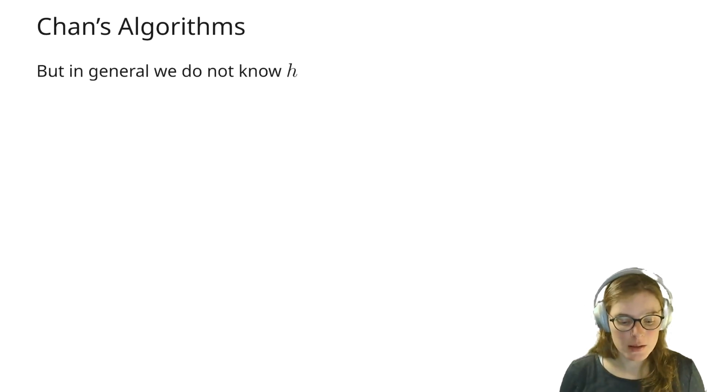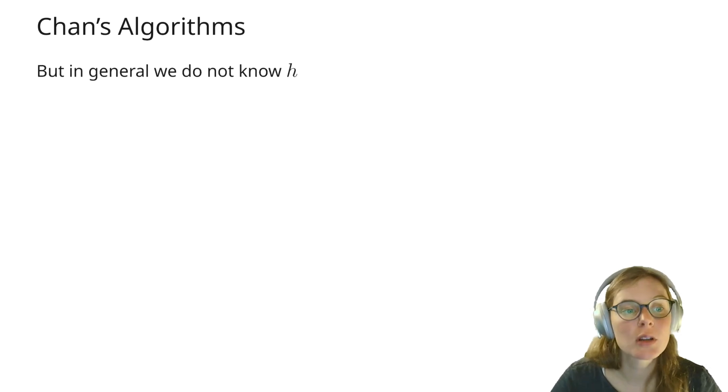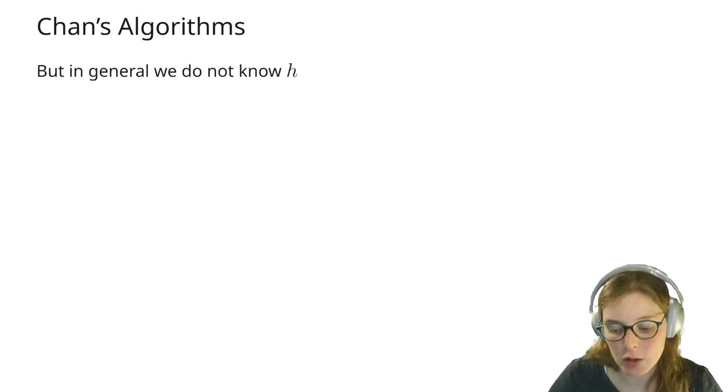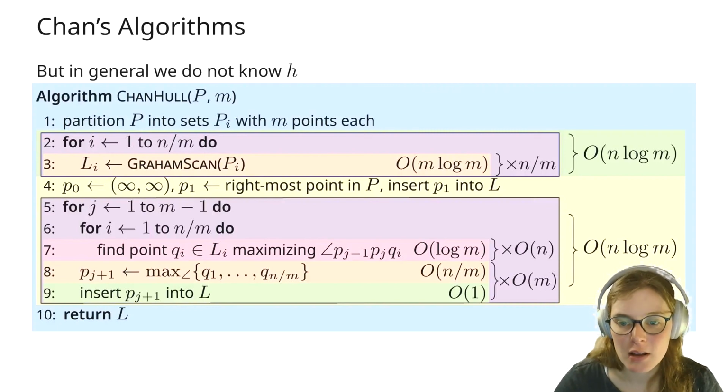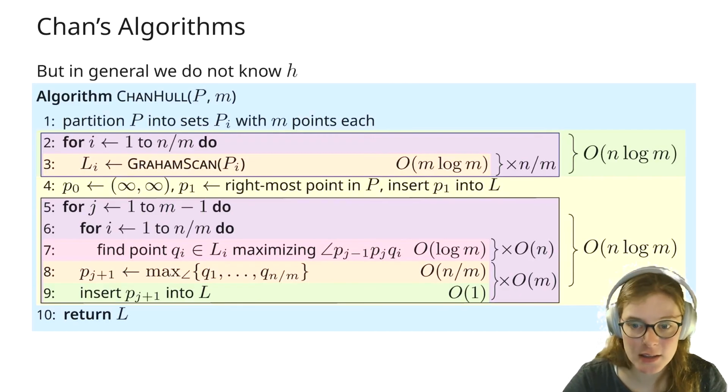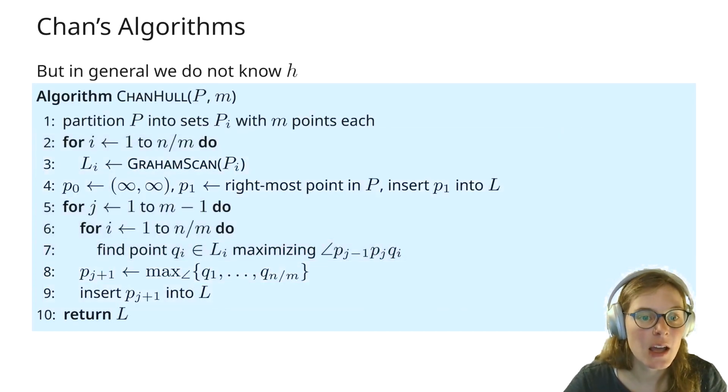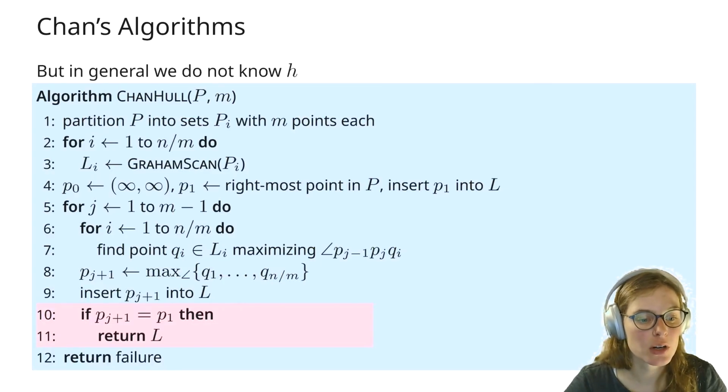Okay, but we did make an assumption that we know the value of h. What if we don't know the value of h? Here I'm gonna show you again the same pseudocode as before, but I replaced h with some parameter m here. So now let me hide the running time analysis, and I'm gonna add 2 more lines before the end of